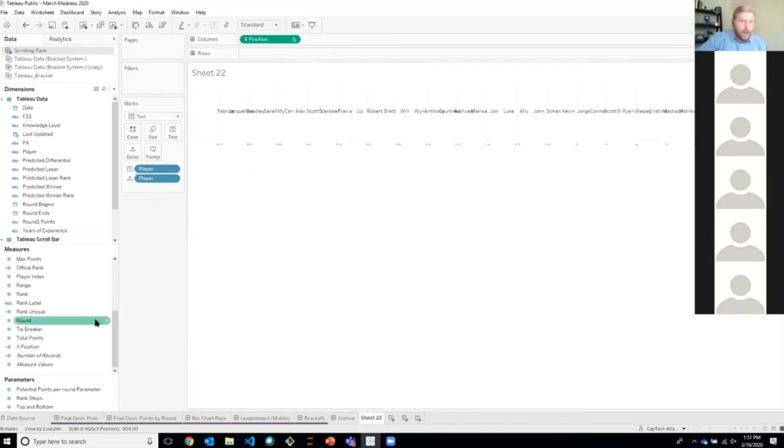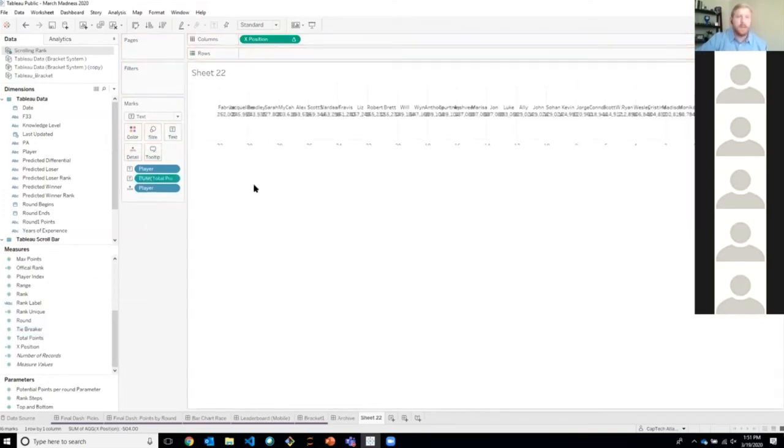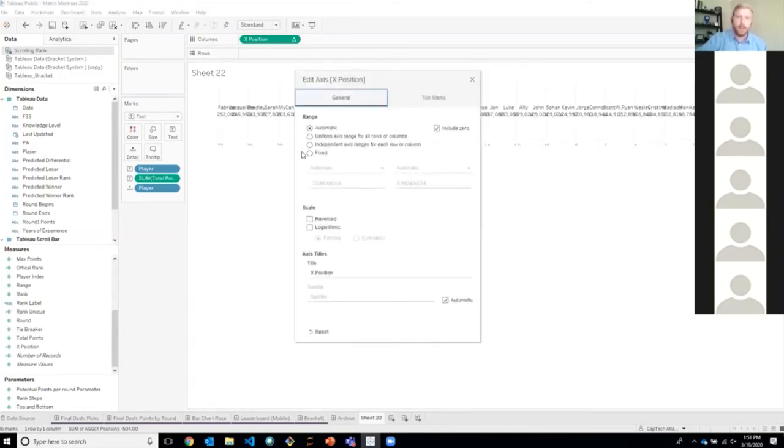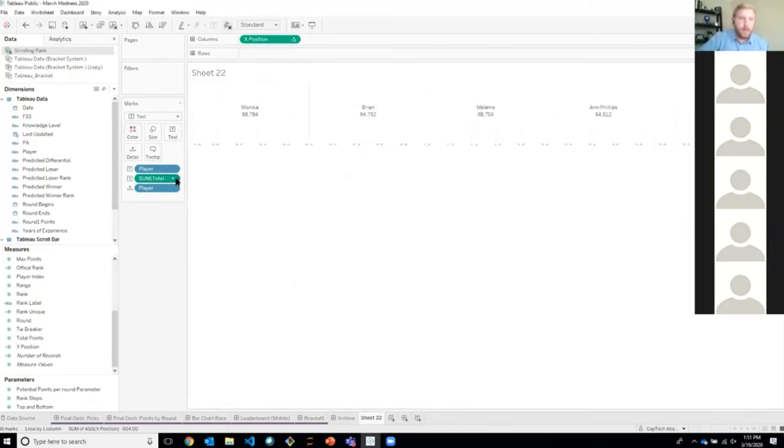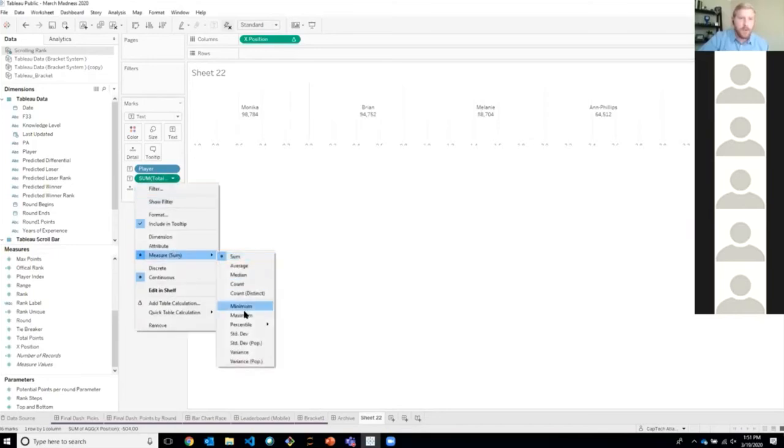Then we'll add our points onto text as well. So we can see everything's here, but the formatting is a little weird because there's not enough space. So what we want to do is fix this to a specific range. Let me change this point to the max.